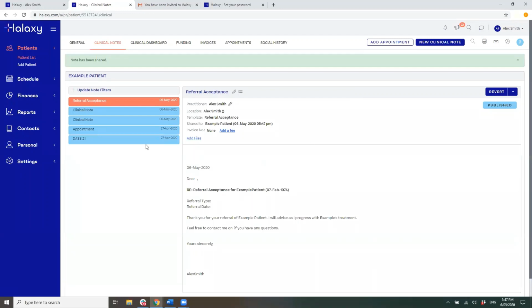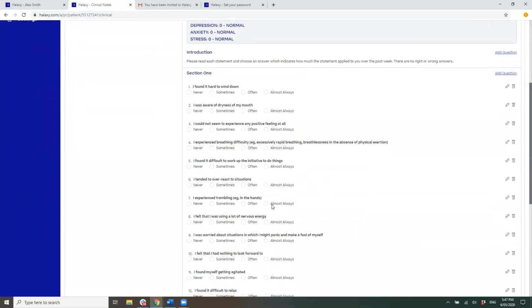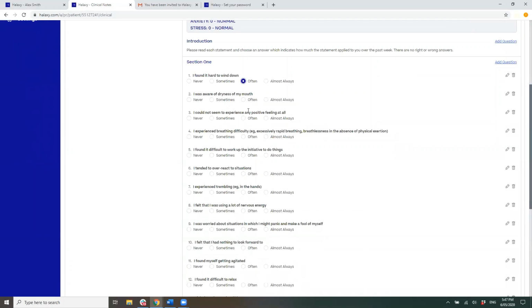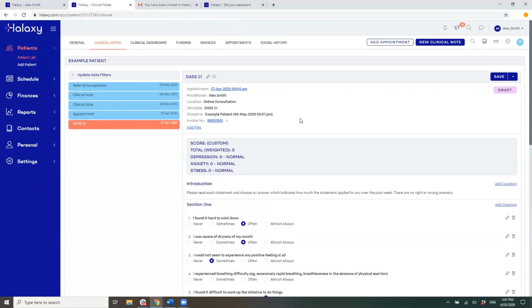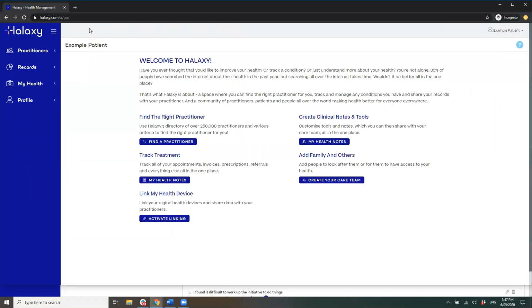Now, this applies to clinical tools as well. So you might have, say, for psychologists, a DAS21 template that you've either imported from your Halaxy profile or you've created yourselves. And you can share these clinical tools with your patients and clients as well. And I recommend you check out the question mark up here just to get a better overview on that too. But just to show you what that looks like on the patient's side,